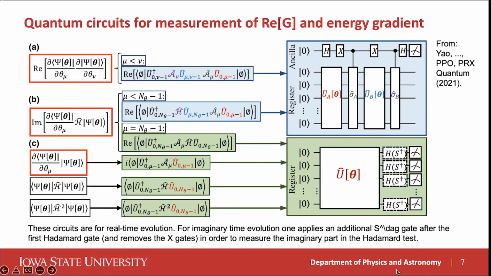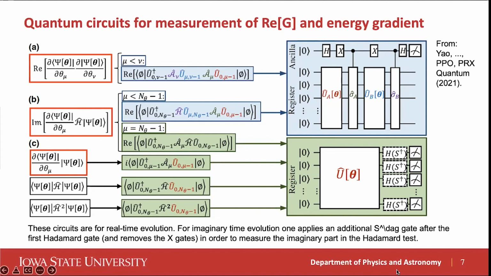Such an expectation value you can measure using a generalized Hadamard circuit, which means all you need to do is apply the unitary, which is this part. Then you apply a controlled Pauli, which may be difficult, but it's just a controlled Pauli. Then another unitary, and then another controlled Pauli, and then you measure this ancilla. This is how you can measure one element of the Fubini-Study metric. Now you can imagine if you have n theta squared elements. It's symmetric, so you can use that, but it scales quadratically with the number of variational parameters. So there are going to be a lot of elements you have to measure. This is a bottleneck of this approach.